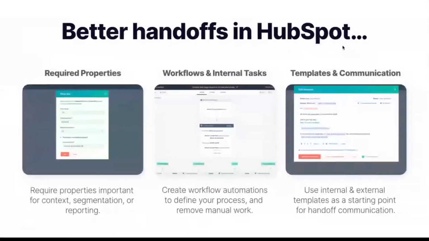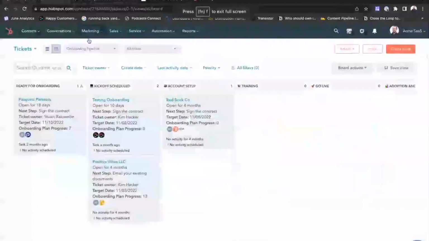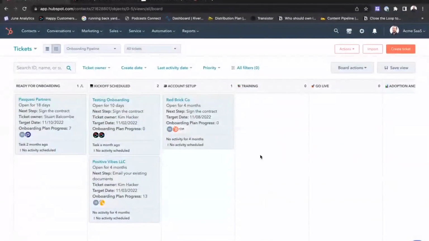So, and I'll jump right into HubSpot, but 3 big buckets of things that can be really impactful for improving handoffs in HubSpot are required properties, workflows, and as part of that, assignment of internal tasks, and then templates and customer communication. So I'm going to jump over to HubSpot and we'll take a look at each of those 3 things. Shareil, as I'm getting this set up, anything that you want to mention on the